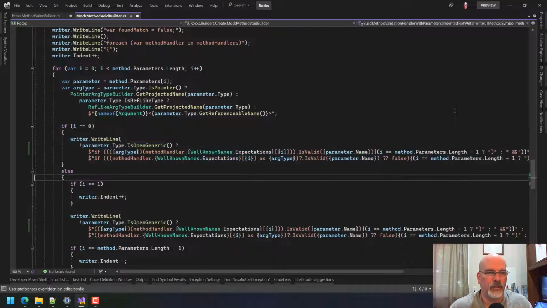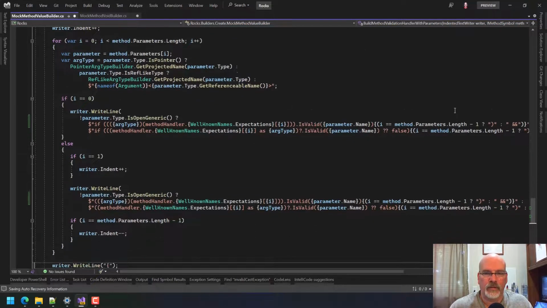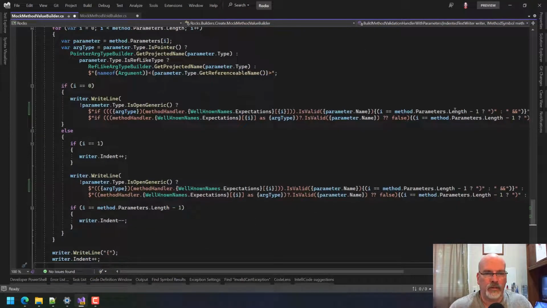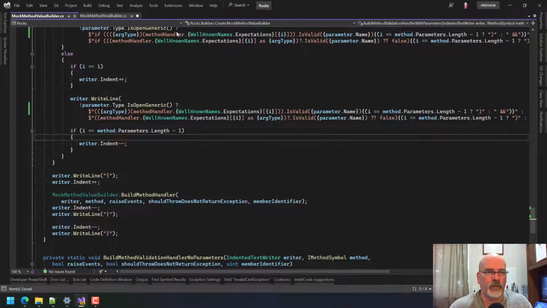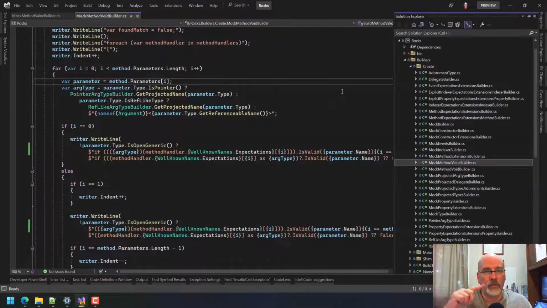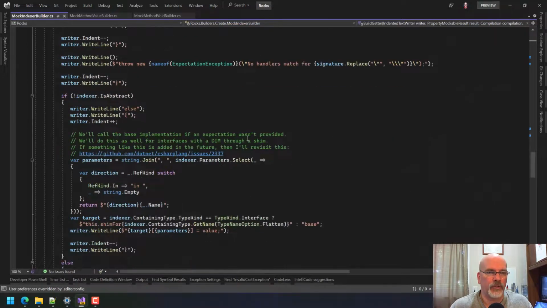And then this becomes that. Okay. So it's method calls and it's exactly the same thing. Now we haven't done the return. We'll get there in a minute. Let's go to indexer. Let's do the setter first because setters don't have returns.